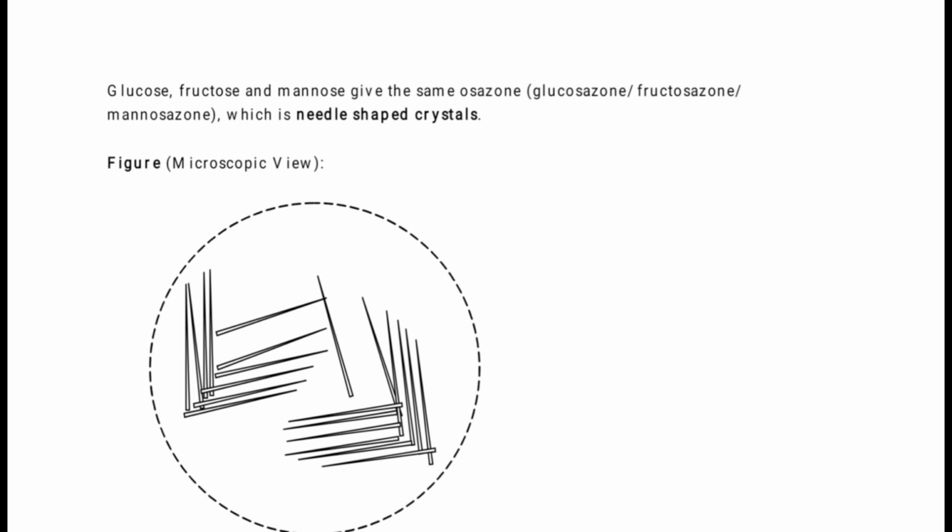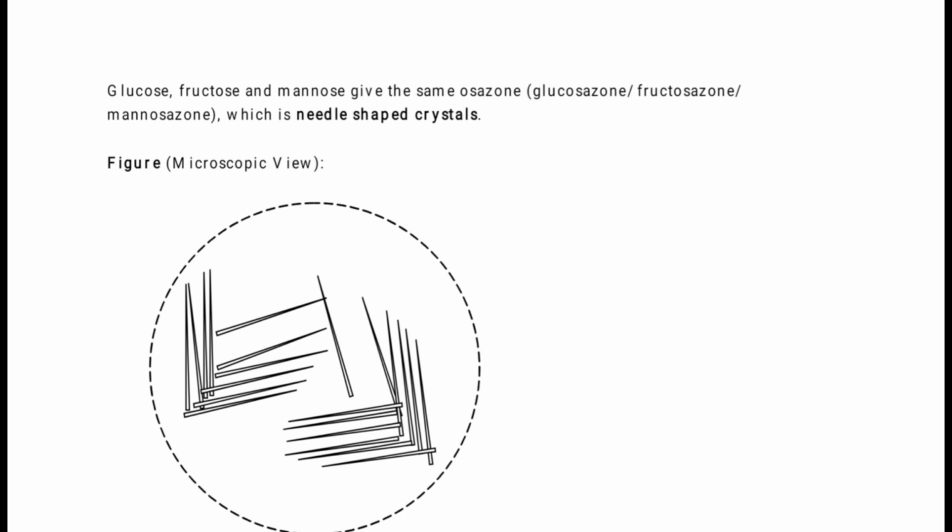The third one is Barfoed test, to distinguish monosaccharides from reducing disaccharides. What is the meaning of monosaccharide? Glucose or fructose. Reducing disaccharides are maltose or lactose. Sucrose is non-reducing. Then the fourth test is Selivanov's test. What color do we get? Cherry red color. Selivanov's test distinguishes aldose sugar from keto sugar. Keto sugars like fructose, or even sucrose in solution, give Selivanov's positive, which means we get cherry red color. The boiling condition is there, and you have to note that.